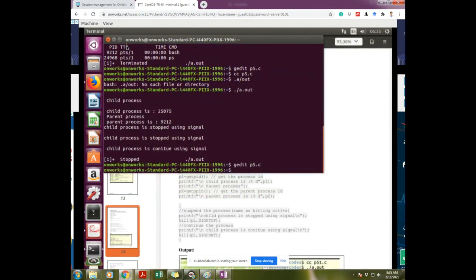Program 4.2. It gives no output, here it is running. A dot out, a dot out. cc.